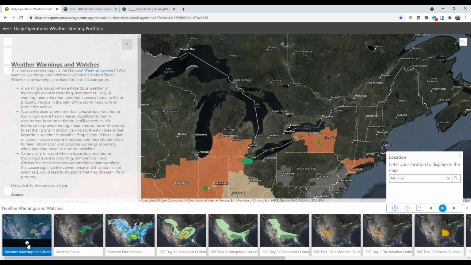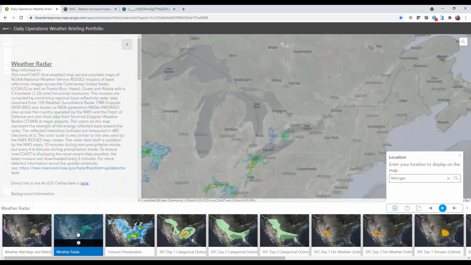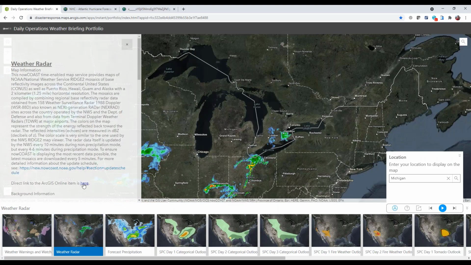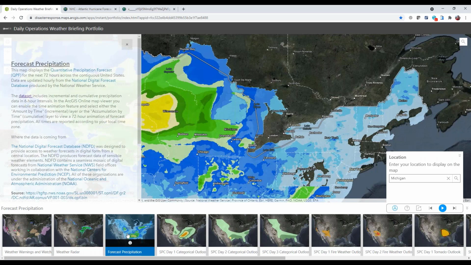So what that means is, in other words, I can turn on this view to get more information about each of the maps and apps here. This allows you to provide more context for what people are looking at, and provide some of the details, including linking out to any other resources that may be appropriate, including to the ArcGIS Online items inside ArcGIS Online.